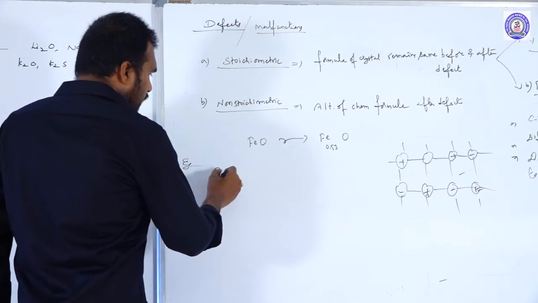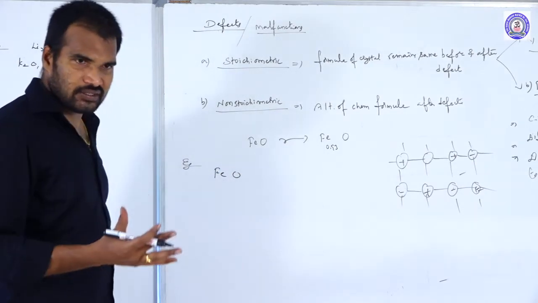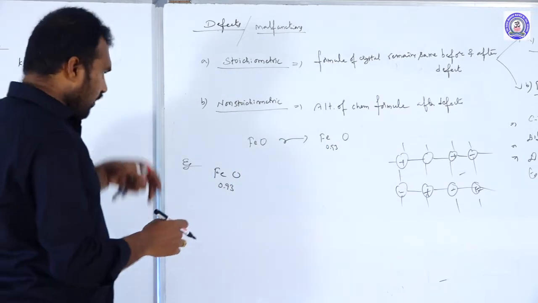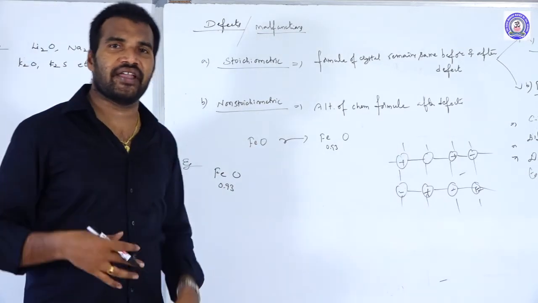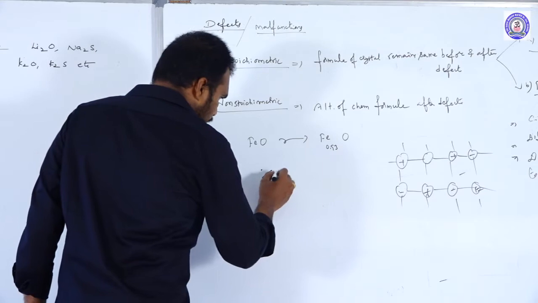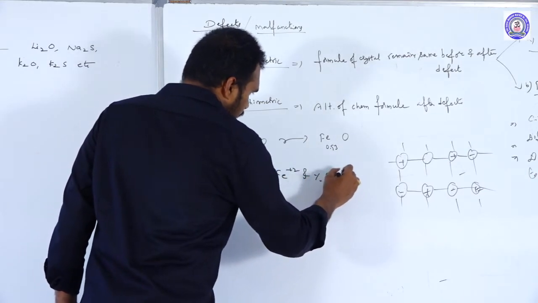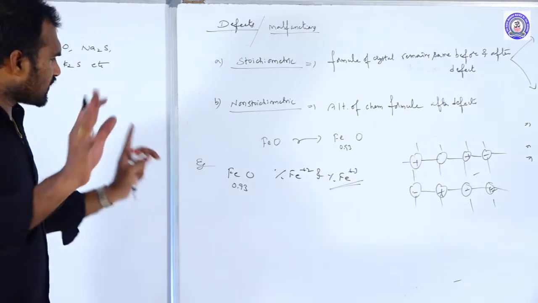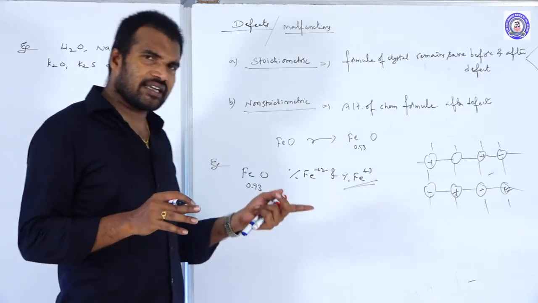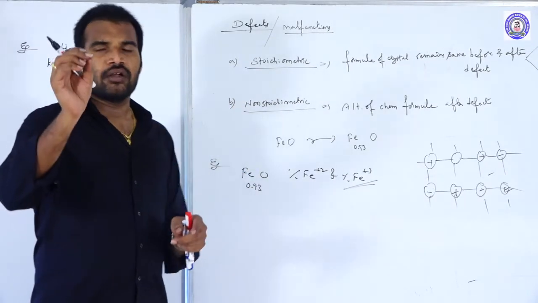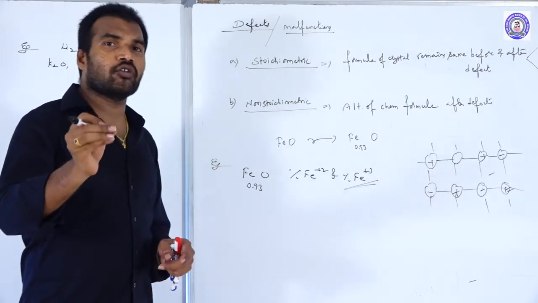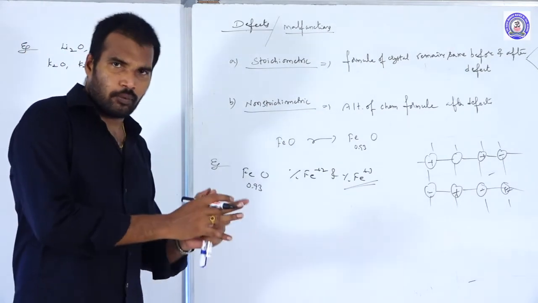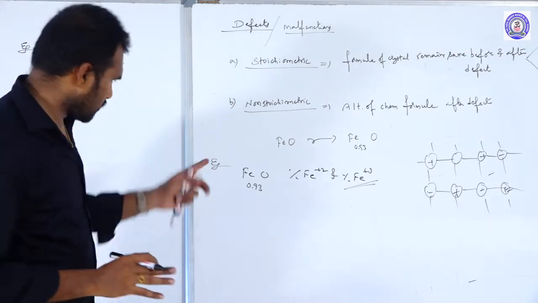Suppose the chemical formula of the iron oxide after the defect is Fe0.93O. Then what is the percentage of ferrous ions and ferric ions in the crystal? That is the question. They frequently ask this, a more important model. So always remember that in any compound, whether it is a defected crystal or an undefected crystal, one thing is common. What is that? The total magnitude of positive charge should be equal to the total magnitude of negative charge. That is a hint here.